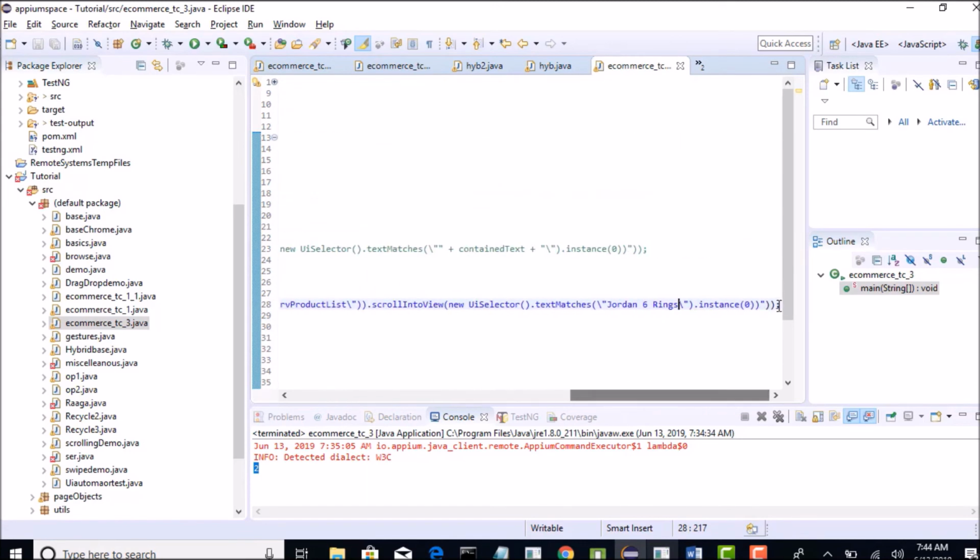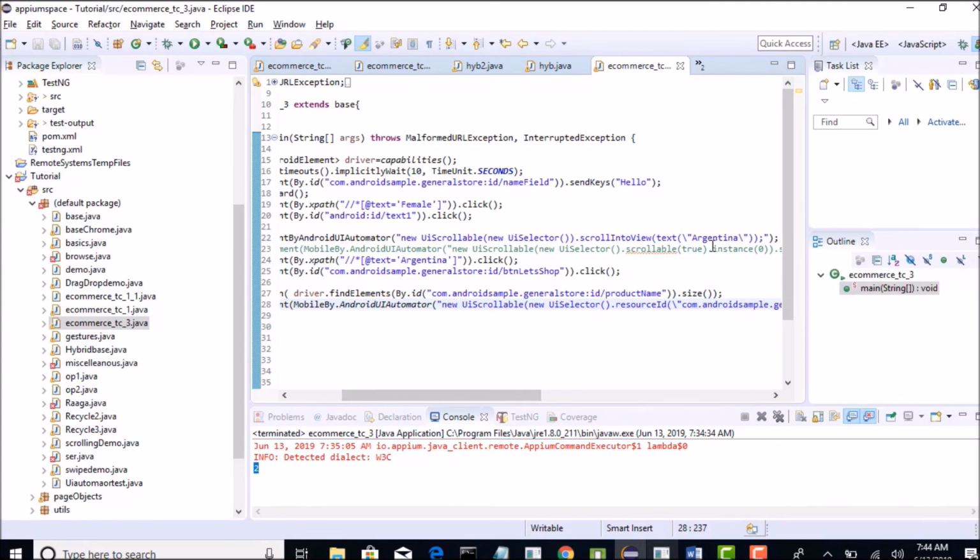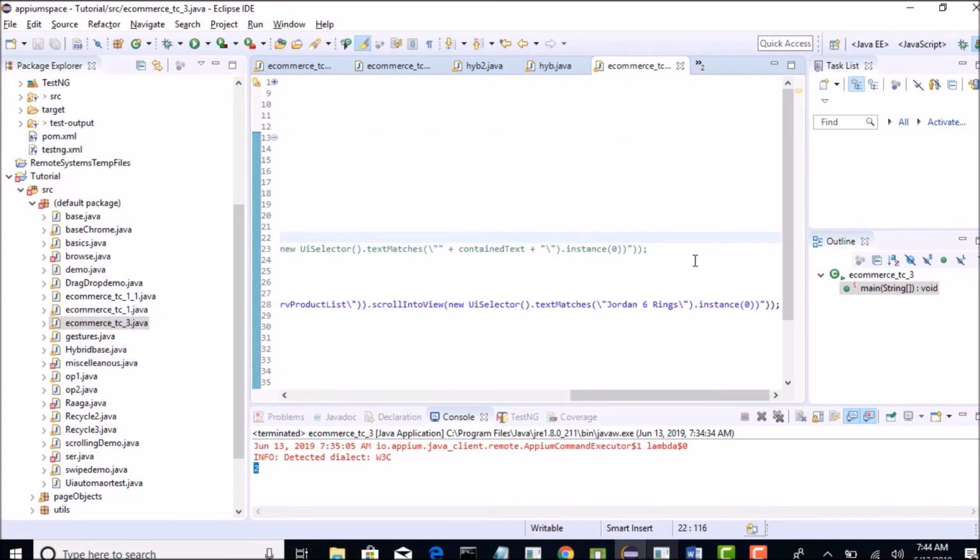Alright, now it scrolls to exactly Jordan 6 rings. If you want to just try, give it here just like how we did the previous scroll, and see if that is working or not. It might or might not work, but try this way, it will definitely work.